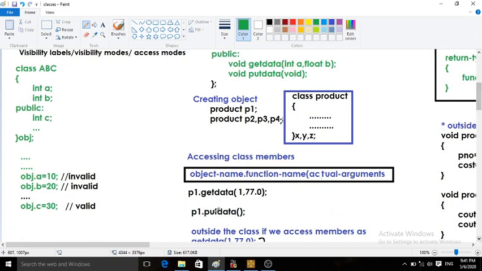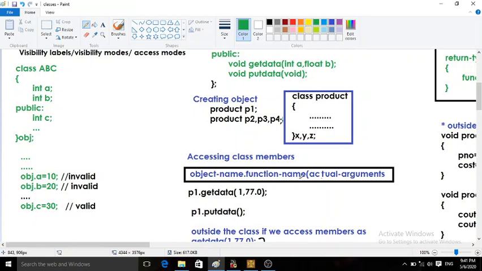So accessing class member, here is the syntax. If I want to access any member function of class, this is the syntax: object name dot function name.